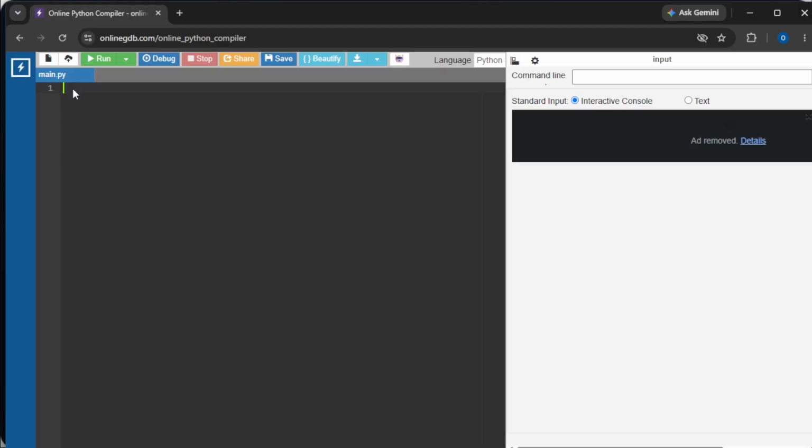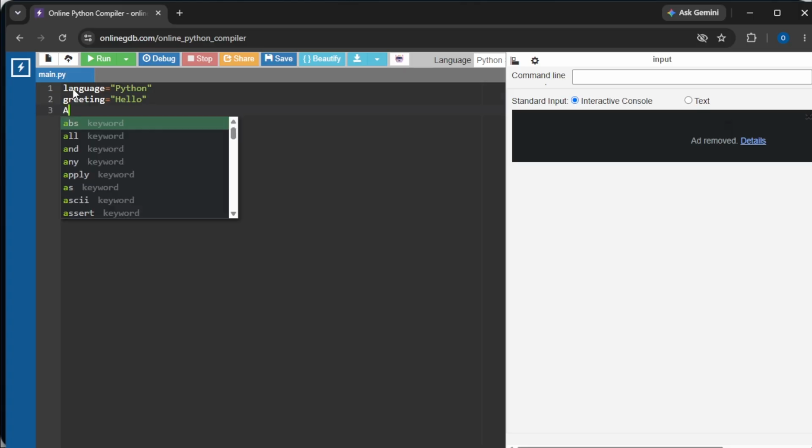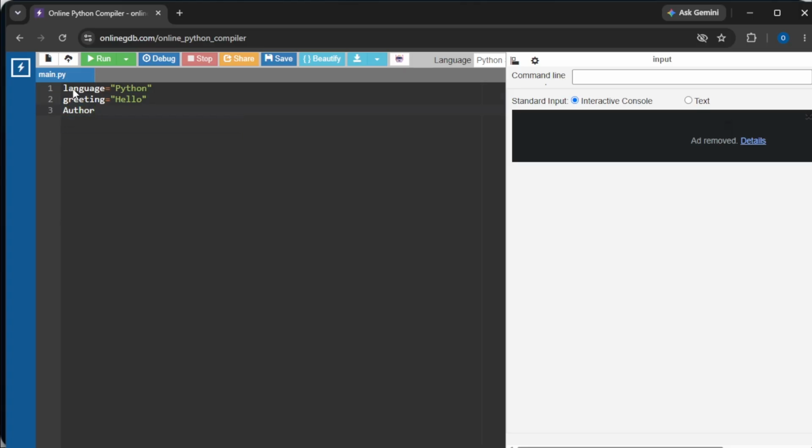Here we will write language equals to Python. Then we will write greetings equals to hello. After that we will write author equals to me, and all those are under quotation marks. So here we can see, as I have defined before, if there are quotation marks, it definitely means it's a string. Now before I run this,